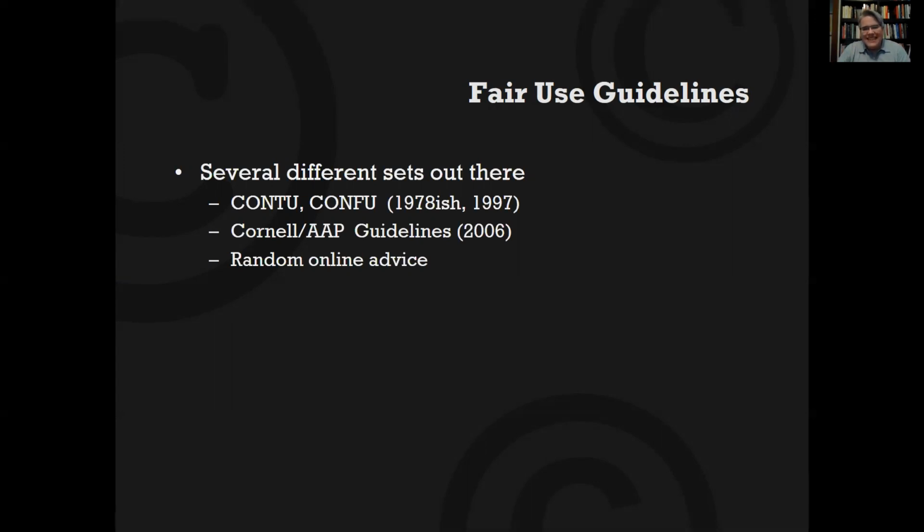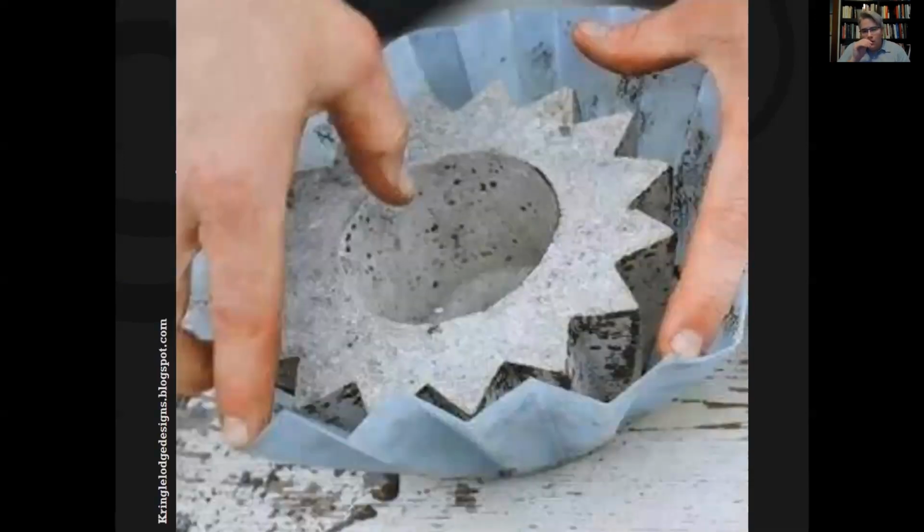When you're looking for exact guidance about how much is fair use and how much isn't, you're asking the jello, which is meant to be a little bit unstable, to act like concrete. You're asking for fair use to be exactly predictable, and the whole point of fair use is that it isn't. We want to give people some flexibility to have the law move in new ways. I'll talk a little more about guidelines when we talk about how much is fair use, but if people are giving you exact yes and no answers about fair use, consider that likely to be suspect information, unless they're referring to specific court cases, in which case they might be giving you better information. There are some court cases where you can reach a fairly clear conclusion afterwards.